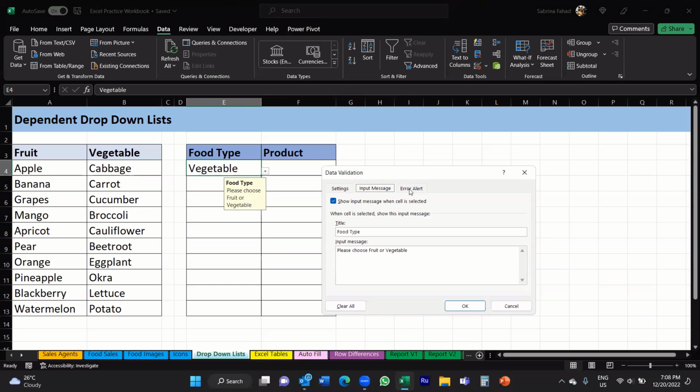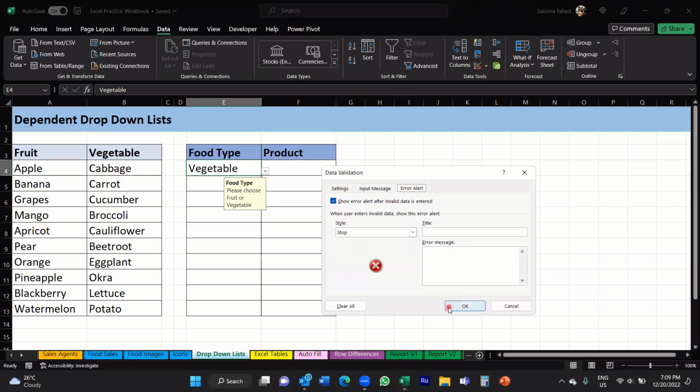This time, you want to click on the Error Alert tab. Okay, and we're just going to fill in the fields here. So the first is, again, a tick box, which is currently ticked, and that is to show the error alert after invalid data is entered. Okay, so if you want an error alert to be displayed, you want to make sure that this box is ticked. Alternatively, if you do not want an error message to appear, you can simply untick this box